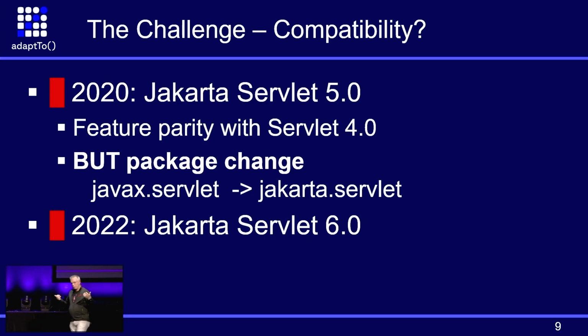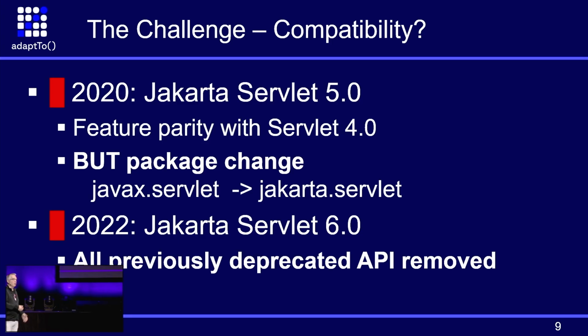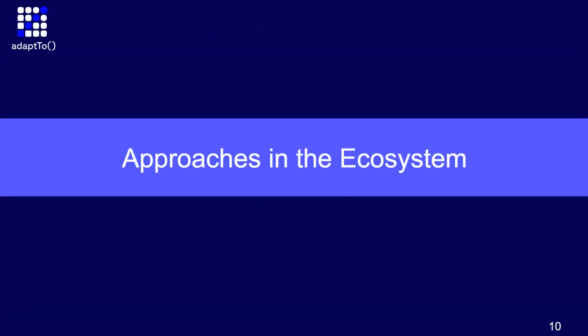And then the Eclipse Foundation or the Jakarta community working on the specification said, okay, we put so much pain on our users, what can we do in addition to that? Right? So they came up with Jakarta Servlet 6 and basically removed all deprecated methods and classes. So if you want to move from 5 to 6, you have to change your code, which is, by the way, a good thing. If you're using something deprecated, change it to the non-deprecated version. There might be a lightning talk about that, I heard.